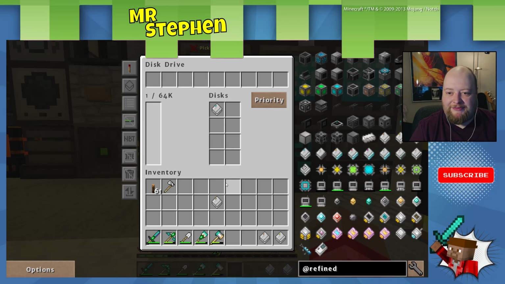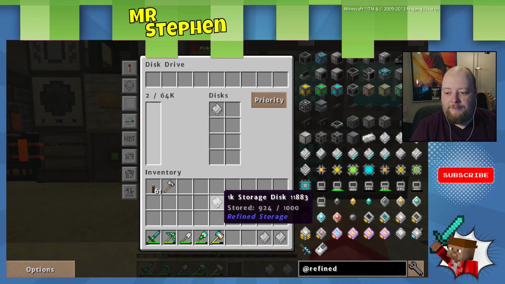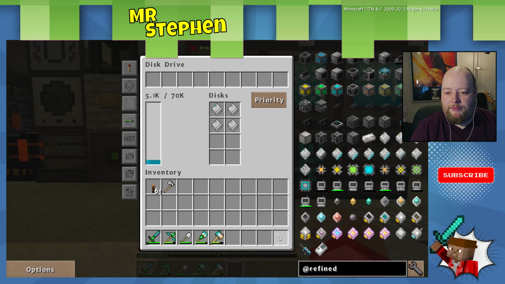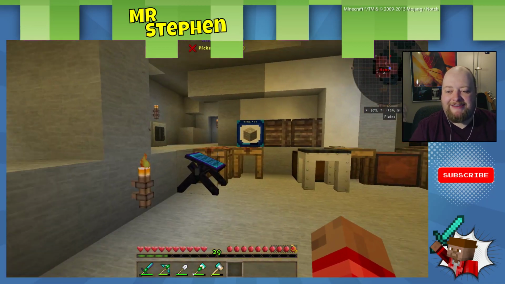Alright, we're going to put our 64K storage back. And you can see it's already starting to fill up with stuff. So if we just look at what's in here, other than the craftable items, we've got a bit of tin ore and a bit of aluminium. So put all of this in there. So we've actually got some stuff in there. Still 7% full, but it means that we can start going on the next big thing,